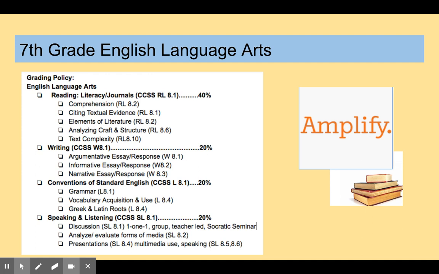The conventions, once again, we do Greek and Latin roots outside of Amplify. There's a vocabulary app on Amplify. Amplify has grammar embedded, usually on flex days. Speaking and listening, we're going to have lots of opportunities to record ourselves speaking, because a lot of the tools